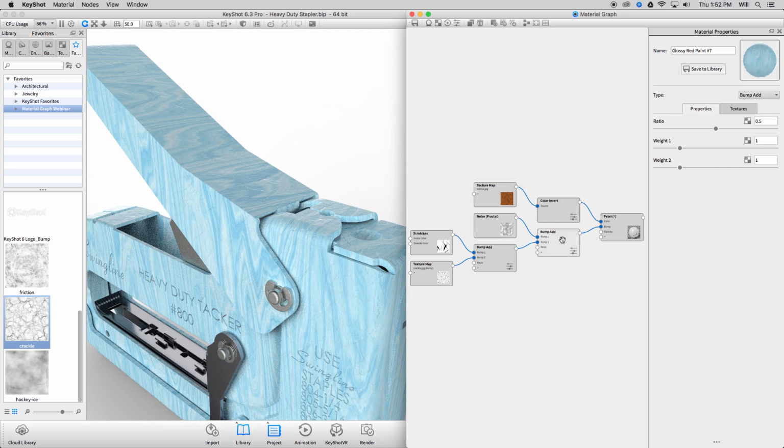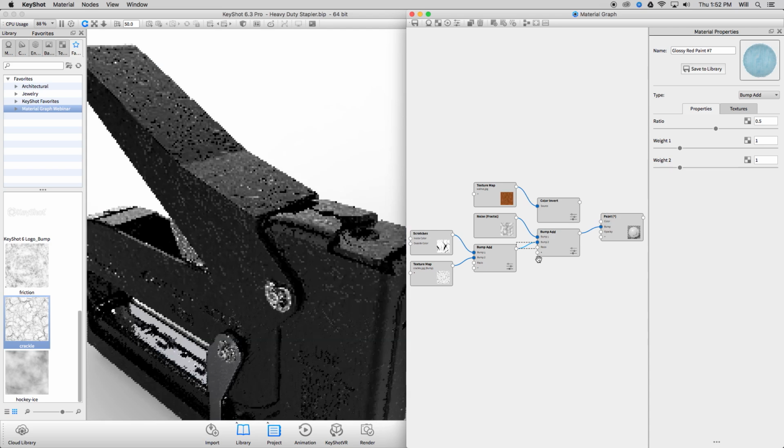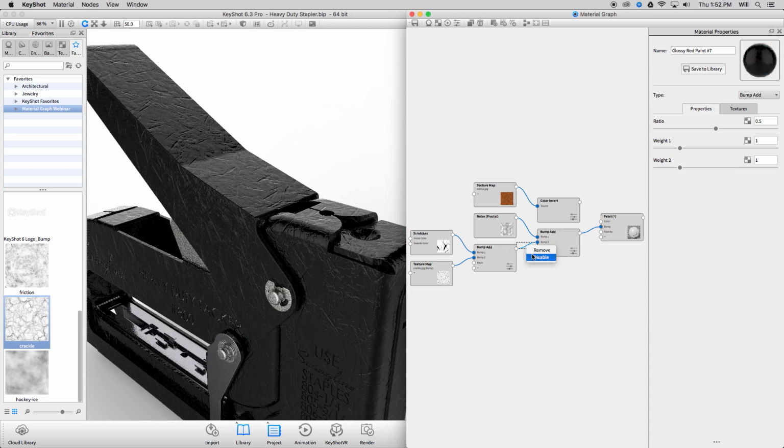Cool. Something else in the right-click menu that somebody was asking about was disable selection. So is it possible to disable a node without disconnecting it, is what they were asking. Good question. So if you don't want to disconnect a node, there's always the option to disable it. So let's say the second set of bump textures we've added we don't want on at this point. Again, I'm going to pull this off. We can right click and do the disable, which again now is giving us only the effects of this noise fractal